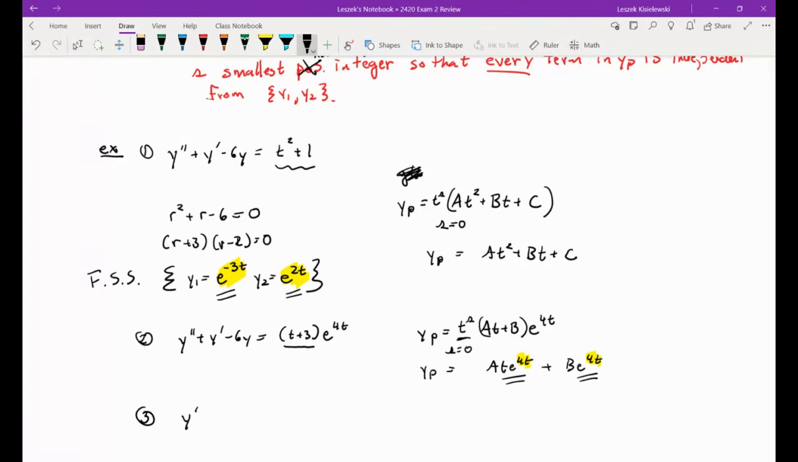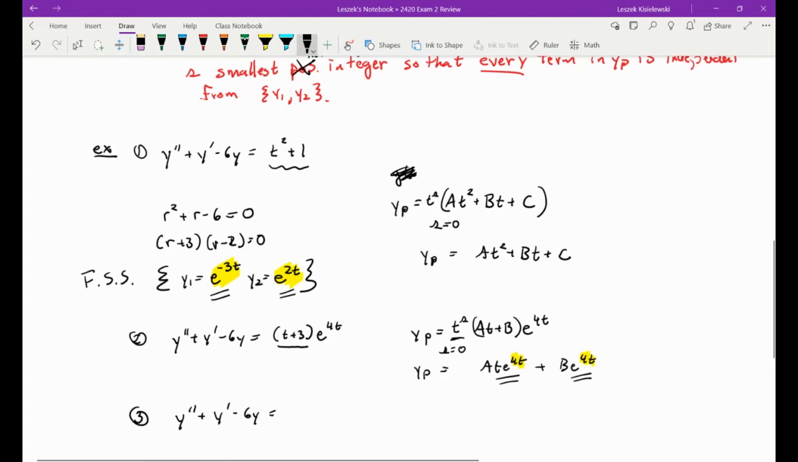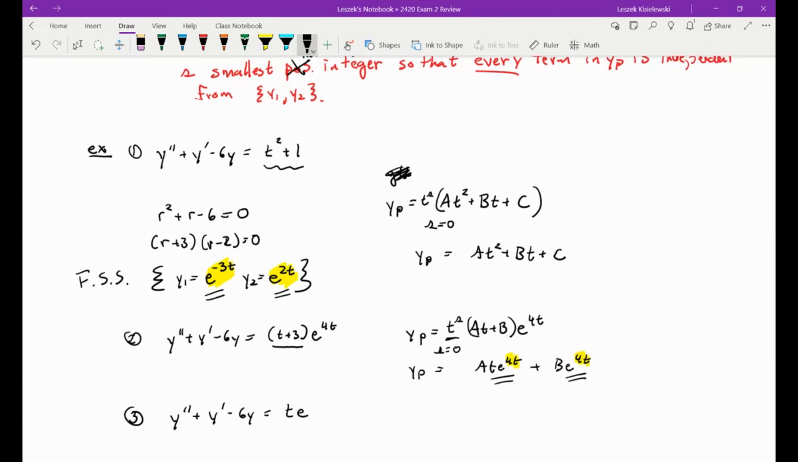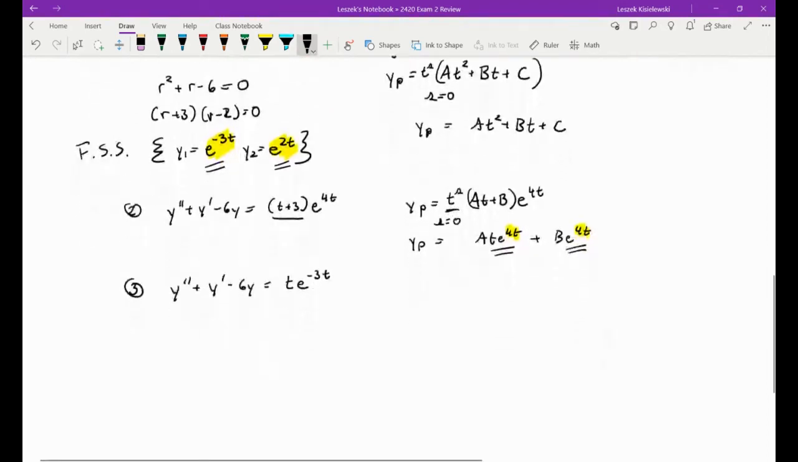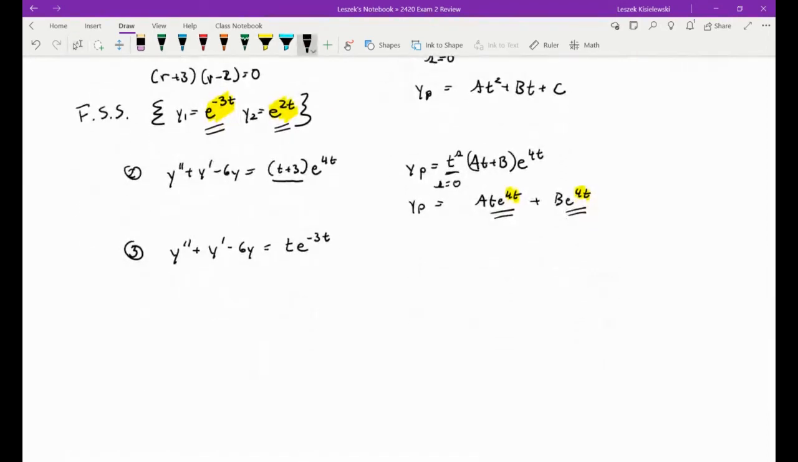However, if we have something where the right-hand side looks like one of our solutions from the fundamental solution set, like this, for example, we would assume our particular solution looks like a first-degree polynomial. Okay, and we know this is probably not right, because if I want to distribute